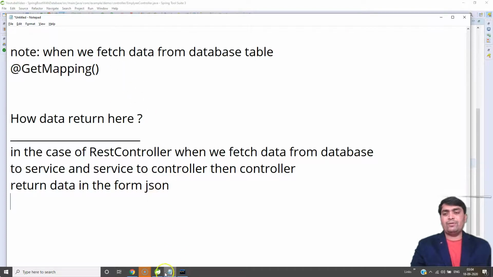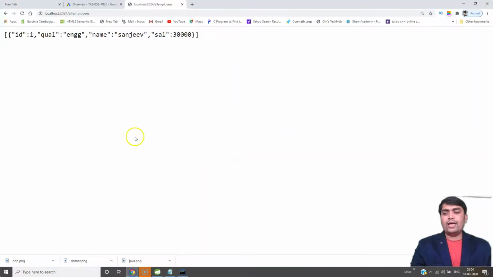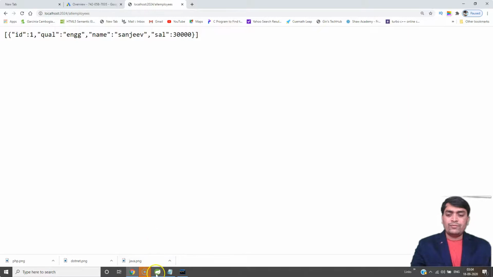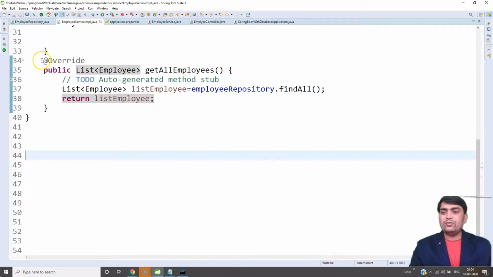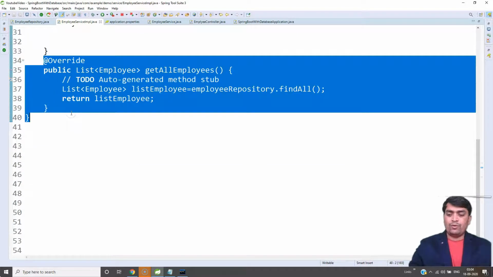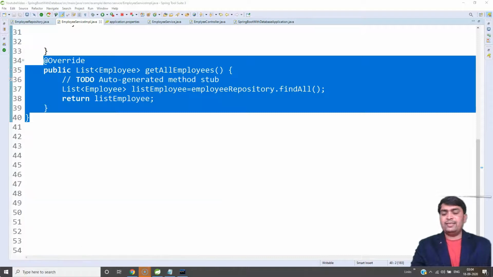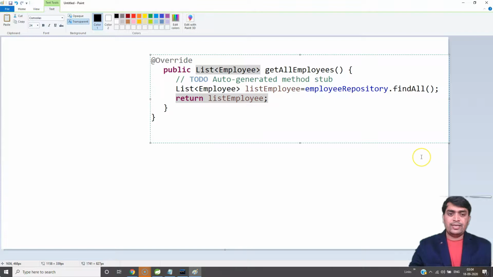This is very simple, friends. In the form of JSON format. What happens here, how is this JSON format produced? So friends, if you want to understand this, I am writing everything here in detail, so we get a complete idea of how it is executed internally. Suppose, friends, consider this is your endpoint.